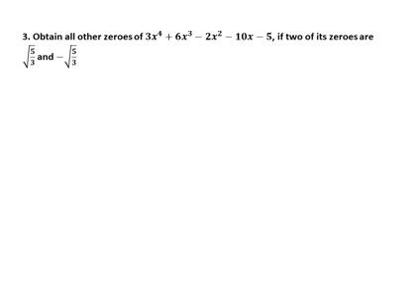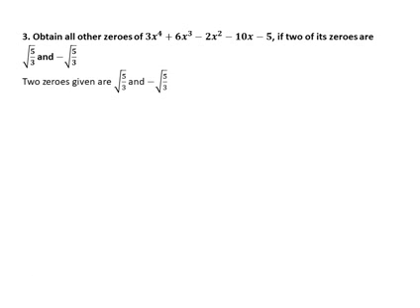How many zeros does a polynomial have? If the degree is 4, usually you will get 4 zeros. For a cubic polynomial, how many zeros are there? 3 zeros. For a quadratic polynomial, we have 2 zeros. For a linear polynomial, we have only 1 zero. We already studied this in the introduction part. Here they have already given the 2 zeros. I am going to make the 2 zeros into factors.